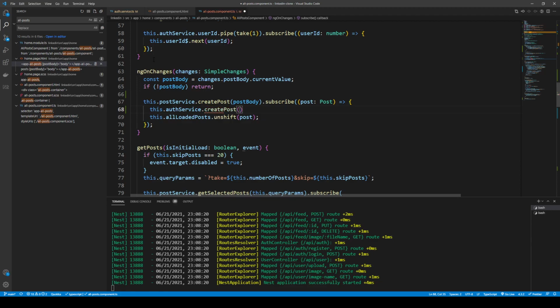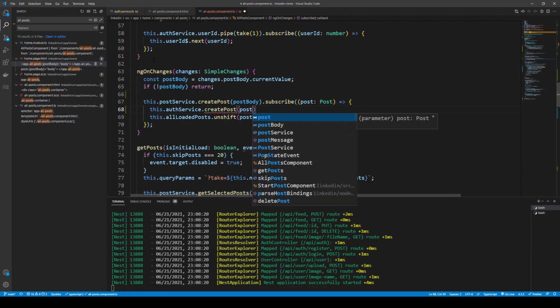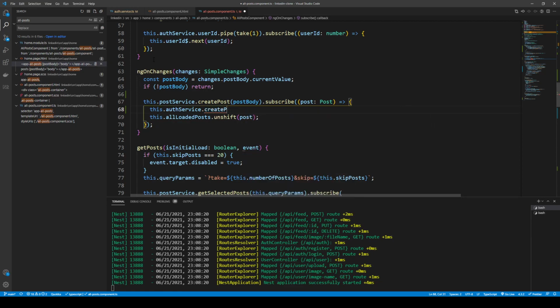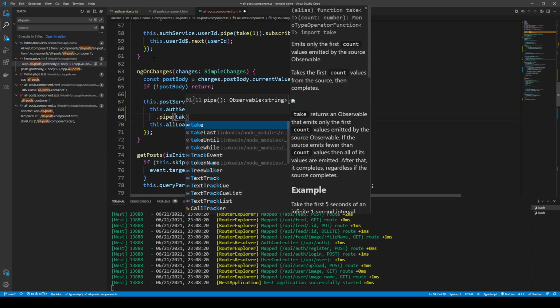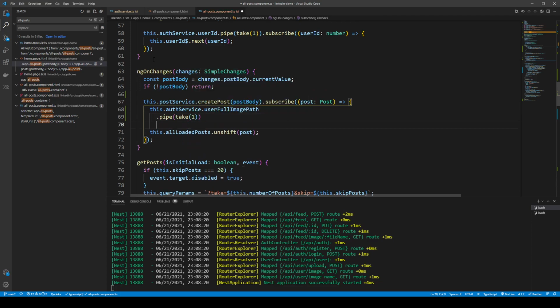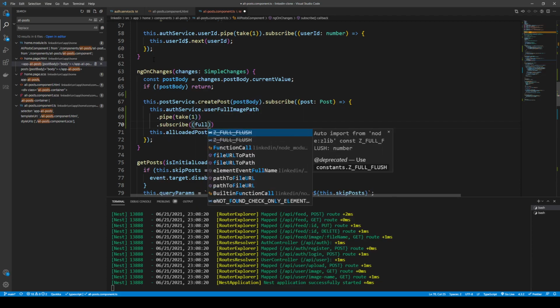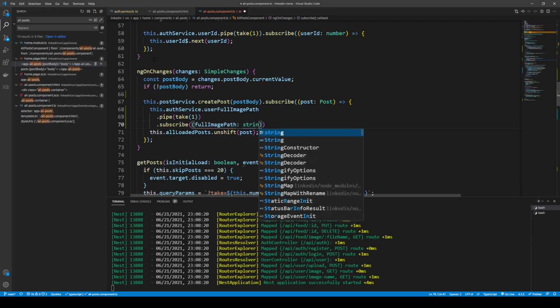createPost, chuck in the post body. This authService, and get the user full image path, and then we pipe into that observable. We take one, we subscribe to the observable, which gives us the full image path. We know that's a string,